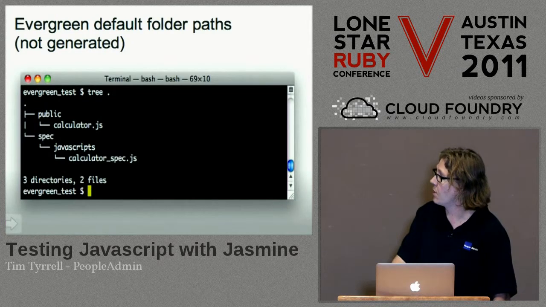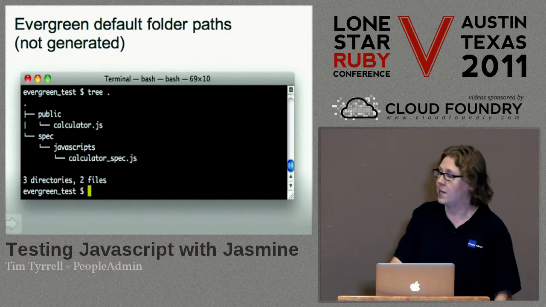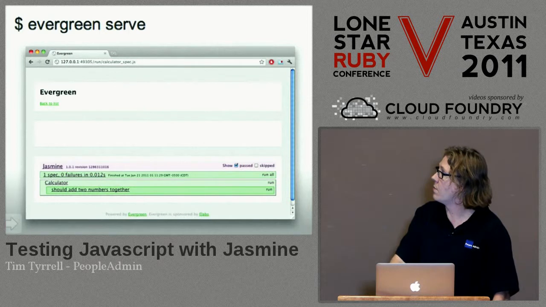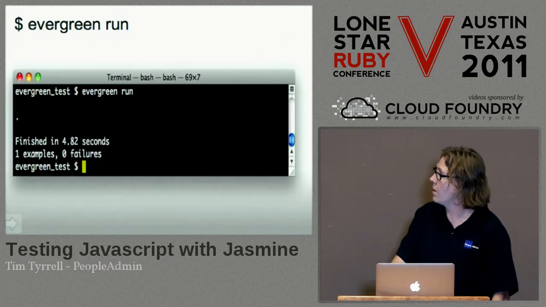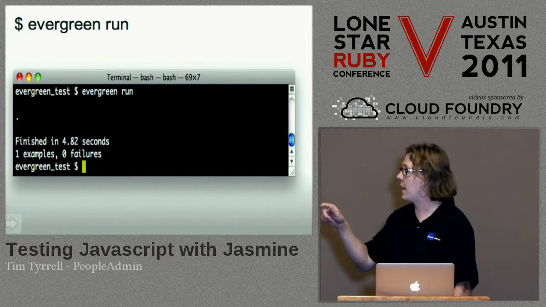If you notice, there's nothing else in here. I don't have Jasmine in here. I don't have a JS Jasmine or anything. It's covered with the gem. I'll fire that up, run it. One spec, 0 failures. Cool. Move on. Evergreen run CI